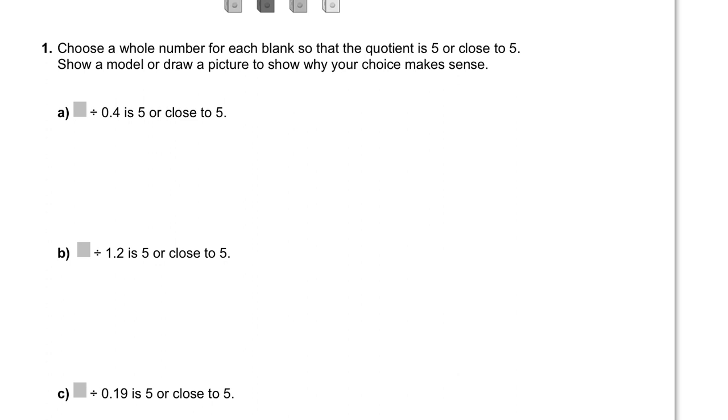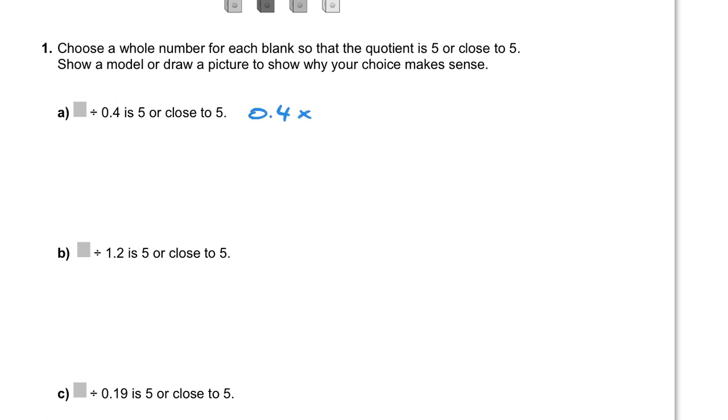So the first one, something divided by 0.4 or 4/10 is 5 or close to 5. So when I'm looking at this, I'm thinking 4/10, something divided by 4/10 is 5. I'm thinking to myself, how many times does 4/10 fit into this number? I don't know what this number is, but I do know that this 4/10 fits in here 5 times. So a way that I could rewrite this question is